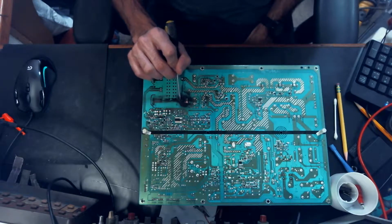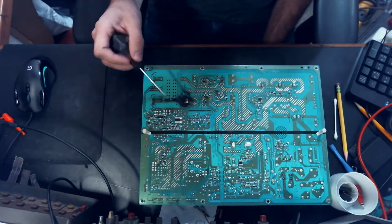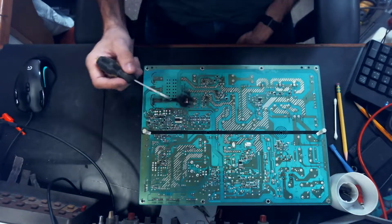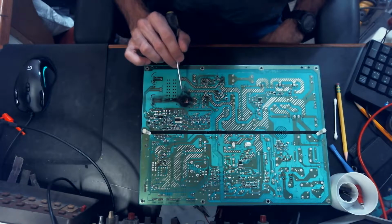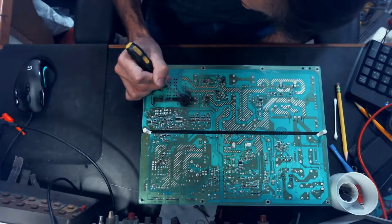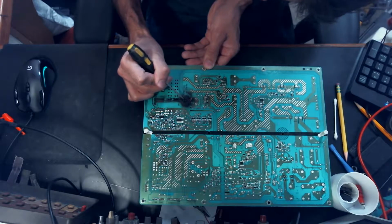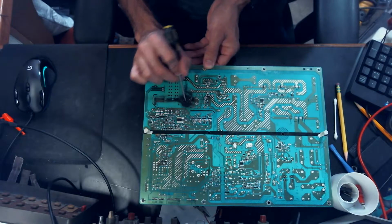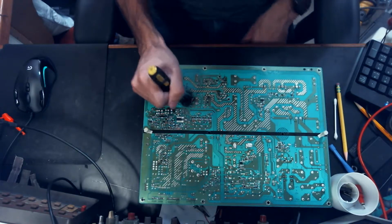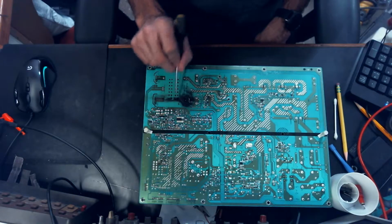I really think that the root of this problem is that this board vibrates. You don't really realize it, but these switch mode power supplies do actually vibrate. And so what I think happened is that, and it could be that this trace was weak at first too, but I really think that vibration made this solder joint crack, and then from that the resistance got high and the heat went up, and it just kind of started the downhill process of, there's actually a hole in that board, wow, of burning this trace out